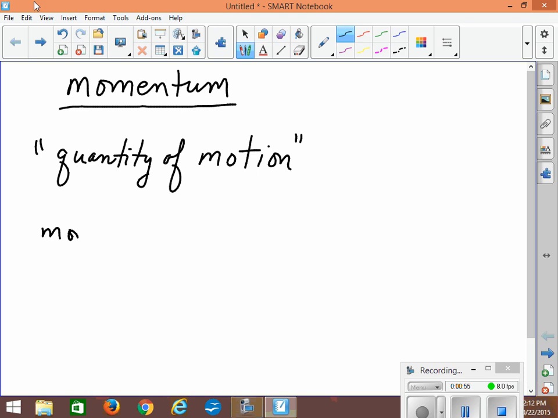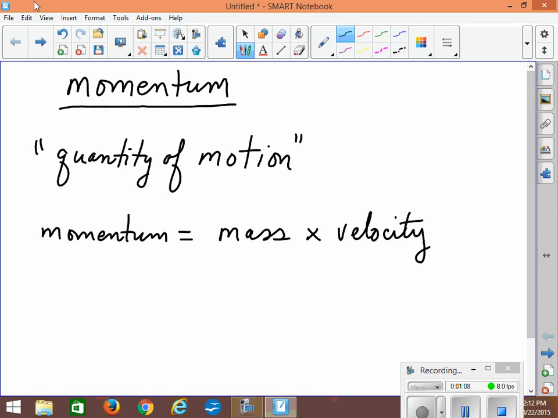Momentum is the product of two things: an object's mass and its velocity. Objects with very large mass have a lot of momentum, even if they're moving slowly. The engine of a train, even if it's moving at only 1 or 2 meters per second, is still going to do a lot of damage if it collides with you. You'll have a hard time stopping that train because of the large mass.